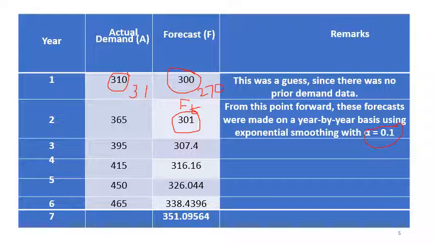Similarly, if I have to find out this particular value, it is obtained this way: 365 into 0.1 plus this 301 into 0.9, so that will give you 307.4. How did you get this? 365 into 0.1,